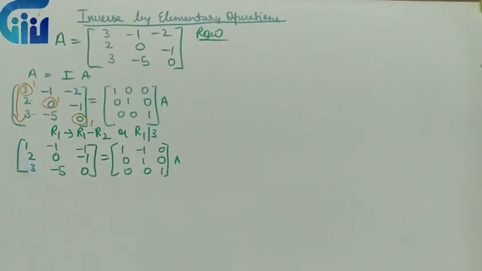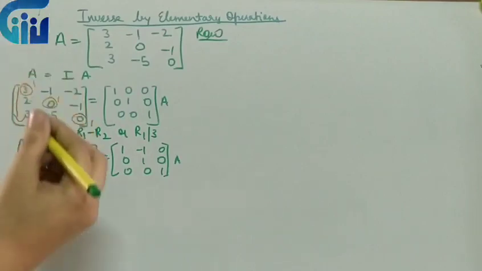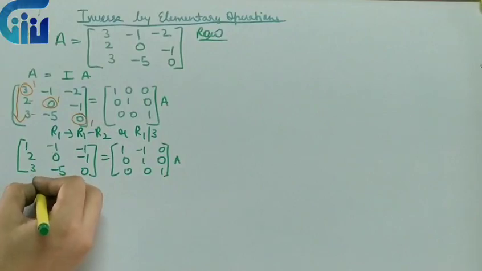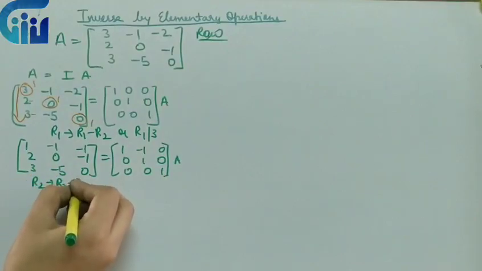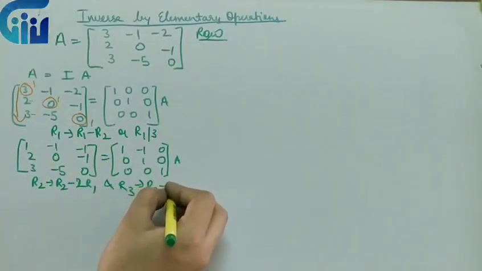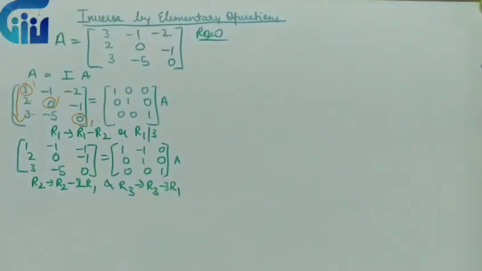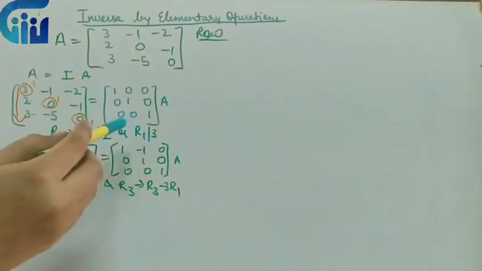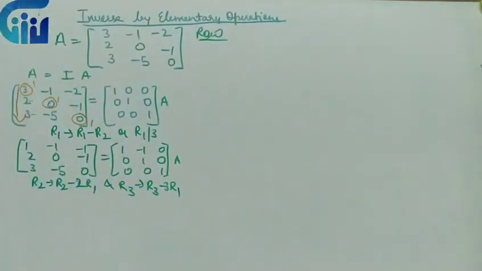Now second and third we have to make 0 using 1. So both the steps I can do together. I can make this 0 when I subtract 2 from it, so 2 should be with respect to R1, and similarly this can be 0 if I subtract 3 from it, and that too with respect to R1. So everybody has to remember, for all the questions we will be following this particular technique. First of all we will make 1 either by subtraction, addition or division, multiplication. Then we will make 2 zeros using this particular operation. Here only the numbers will change depending on the numbers here, and the signs will change depending on the signs over here. So everybody will do this particular step.